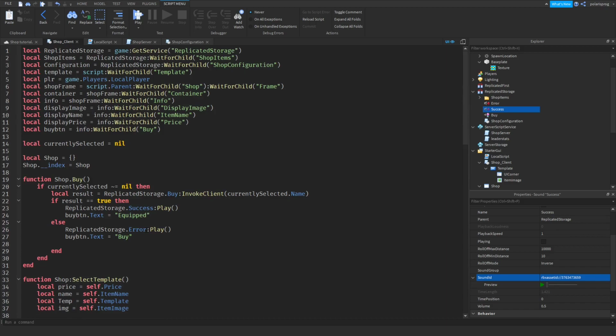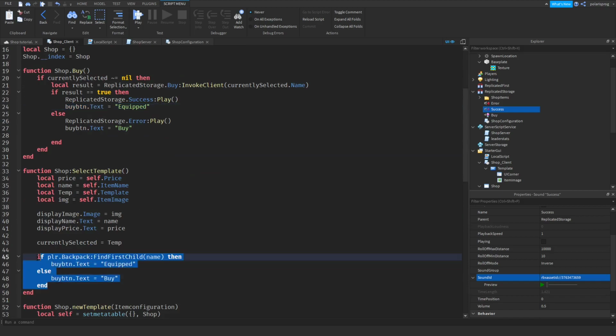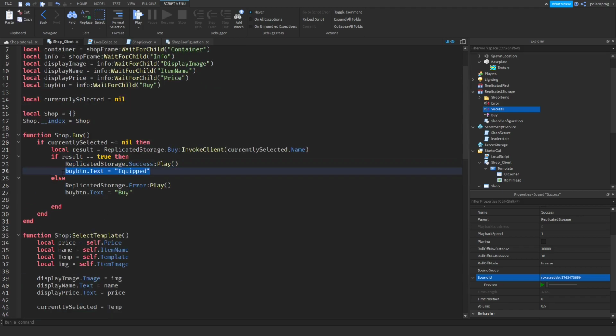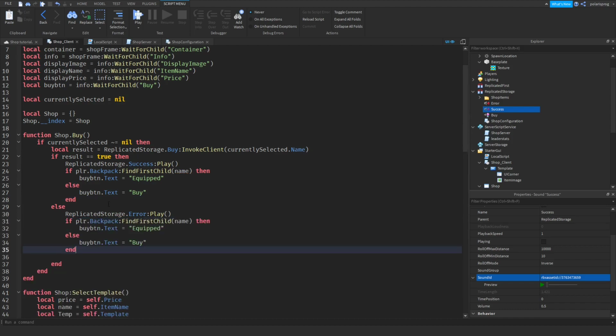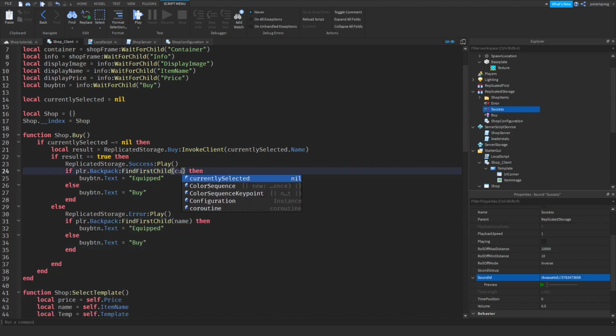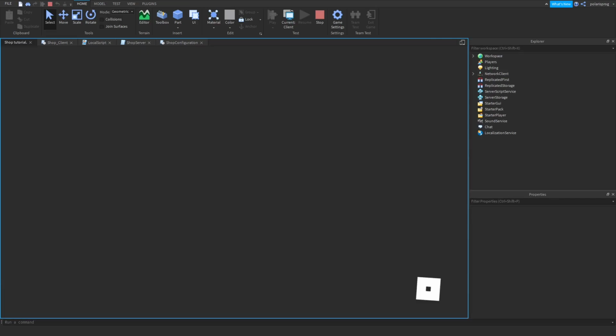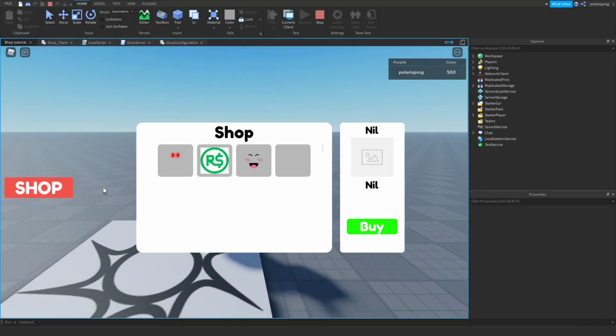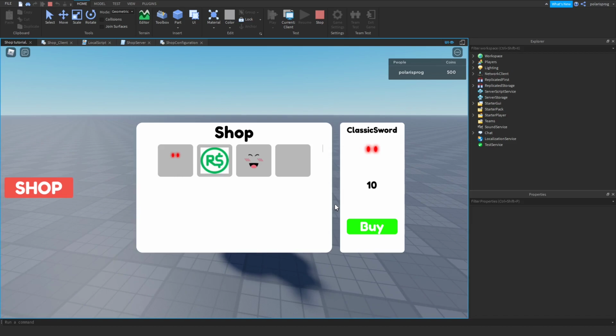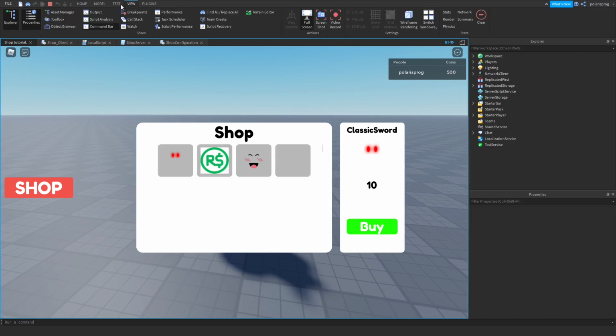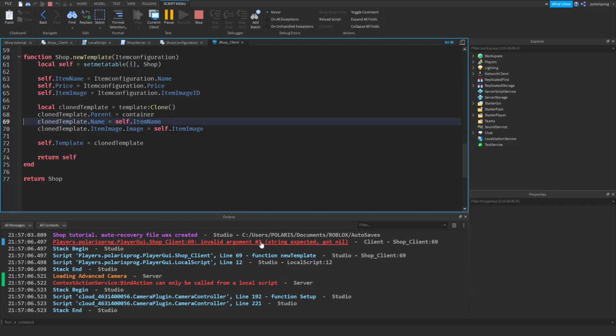Now we want to change these, so just copy this line of code right here, place it right here, and then place this one right here. Now currentlySelected.Name in here, and in here currentlySelected.Name. Now let's really hope that this will work, and I'm going to put on my headphones, and if I select this, now we have a random template right here, which I really don't know what it's for, but I think .Name is equal to self.ItemName. That doesn't work, so